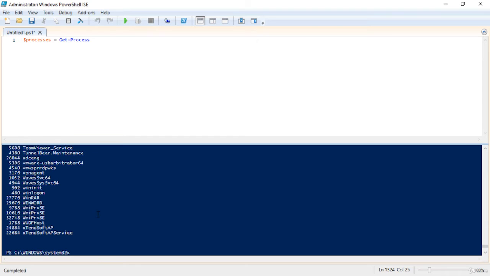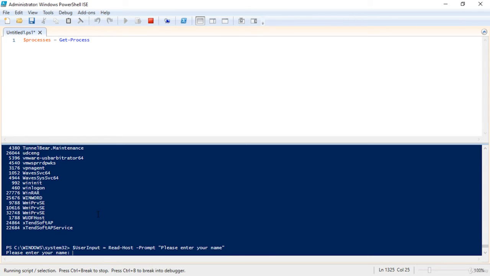One of the most useful things when processing variables is that a lot of times you'll want to get user input. So if we create a variable, we'll call this userInput, and say it is equal to Read-Host. I can either type in a prompt in quotation marks, or I can do -Prompt, whatever I want. It's more efficient, of course, just to type in quotation marks. But if we do -Prompt and say, please enter your name, just for example, and press enter,